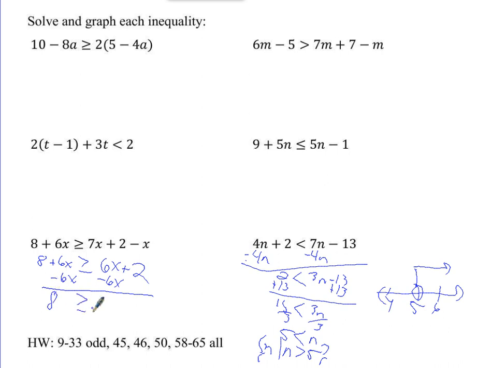Greater than or equal to. 6x minus 6x is gone. 2 is left. So my variables disappeared and I'm left with 8 is greater than or equal to 2. Is that true? Is 8 greater than or equal to 2? Yeah, always. So if you get something like this, where the variable disappears and you get a true inequality, then